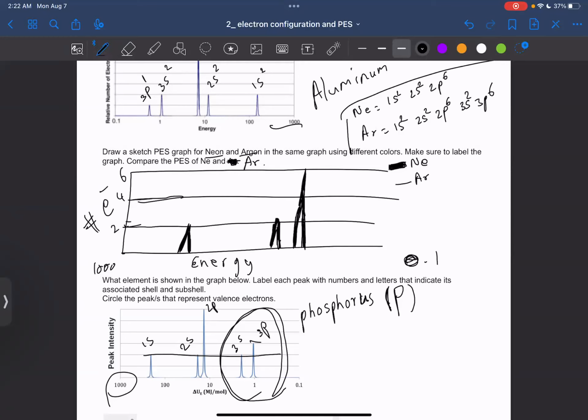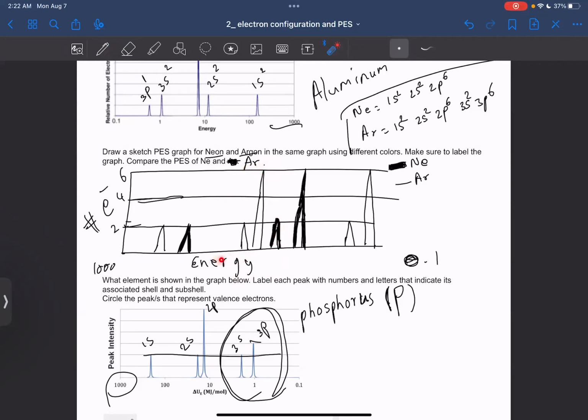Okay. Argon: 1s2, 2s2, 2p6, 3s2, and then 3p6. What you need to notice about this is you see that I draw 2s and 2p of the argon